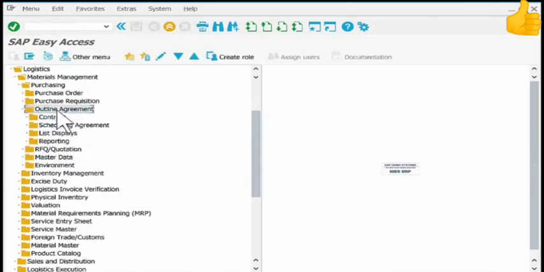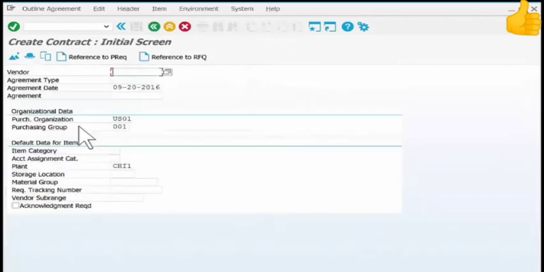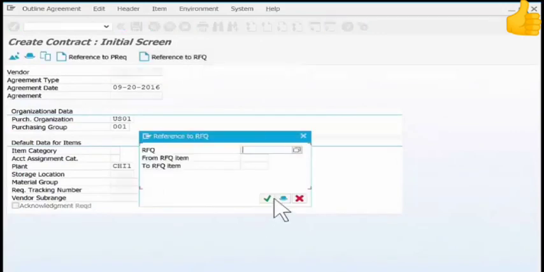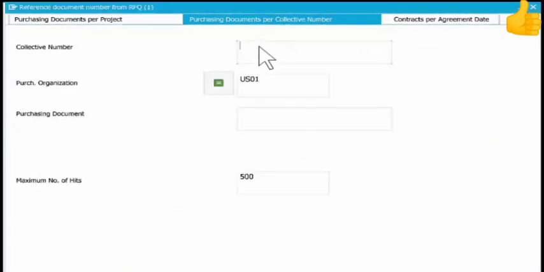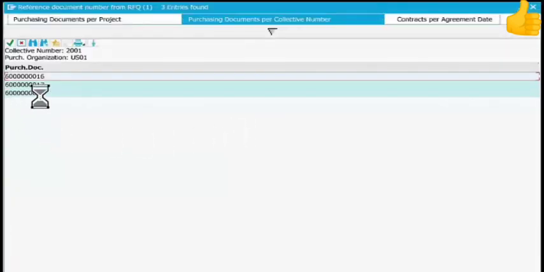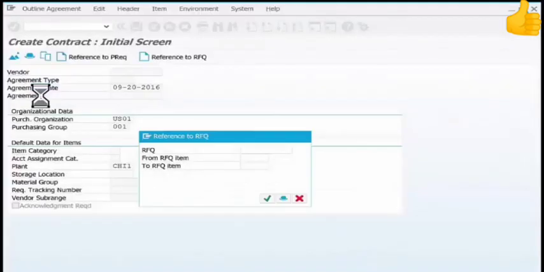You go to outline agreement, contract, create, then you refer to an RFQ. Select that and go here, put the collective number, and this is the successful bidder, right? Select that